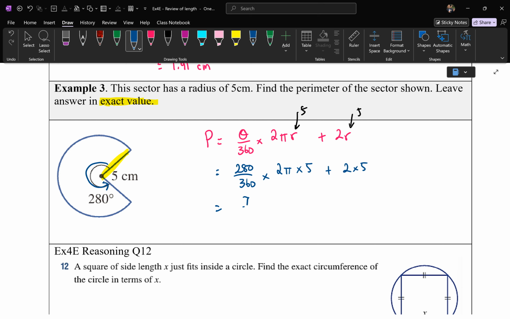So this is 7 over 9 times 2 pi times 5, which is 10 pi, plus 2 times 5, which is 10. If you multiply these fractions, what's 7 over 9 times 10 pi? What's that simplified to? First bit, hands up. Yes, Joanne. 70 pi over 9. Beautiful. If you're not sure, you can change it to a fraction. So 10 pi on 1, top with top, bottom with bottom. So 7 times 10 gives me 70 pi on the numerator, and 9 times 1 gives me 9 in the denominator,